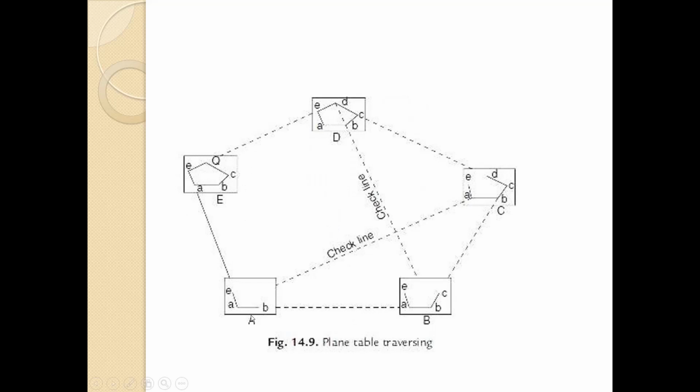Here you can see this is one type of plane table traversing. First we put the table over here, then we mark towards B. Then we move to B, mark towards C, then move to C and mark D, then to E, and lastly A. These are the check lines, so that we can check whether the prepared drawing is correct or not. This way plane table surveying can be done.